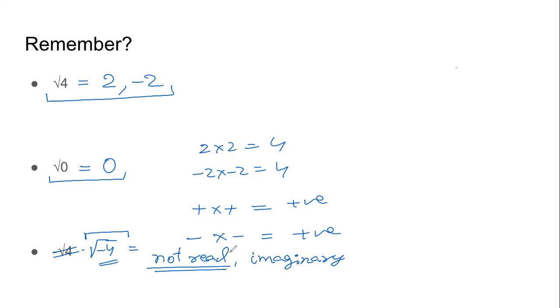And to again remind you what real numbers are: all natural numbers, whole numbers, rational numbers, so that includes fractions, decimals, integers, surds, all are real numbers. This is also a surd, but this is a surd of a negative number, which is not real. It is an imaginary number, which we will study later. So positive number, square root has two values. 0, square root has only one value, which is 0. A negative number, square root has, we don't know. The answer will be a not real number, non-real, imaginary number.